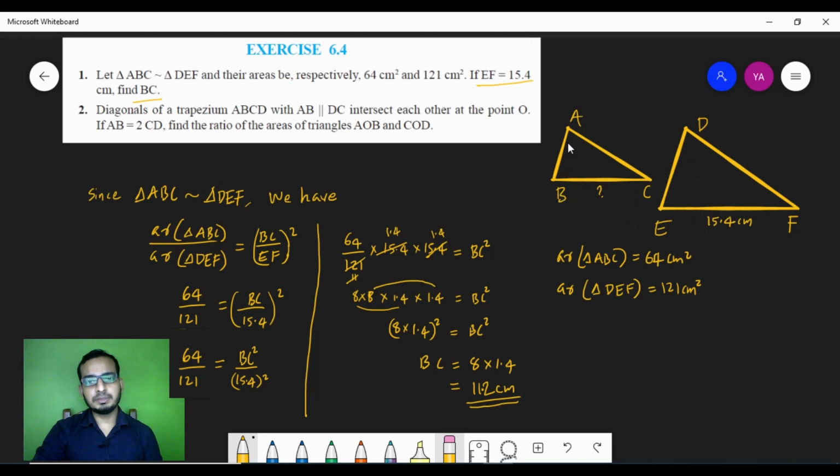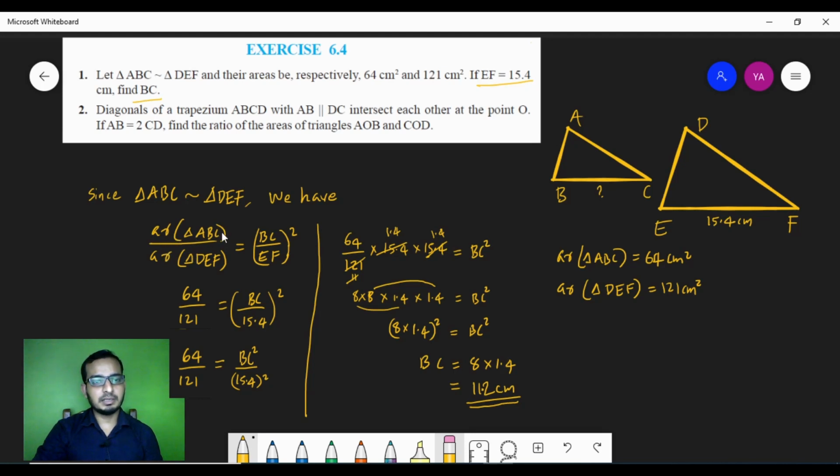It's very important to take corresponding sides. We know similar triangles are named according to the corresponding angles. So from the names we will understand angle A is equal to angle D, angle B is equal to angle E, and angle C is equal to angle F. So if you take the ratios of corresponding sides, it will come like this: AB by DE, BC by EF, and AC by DF. But we need only one, that is BC by EF, and by theorem we know the ratio of areas of these two similar triangles